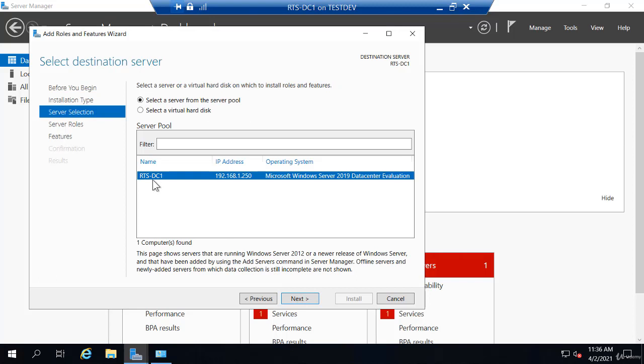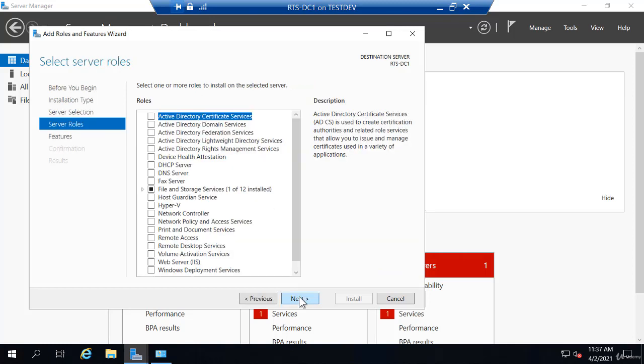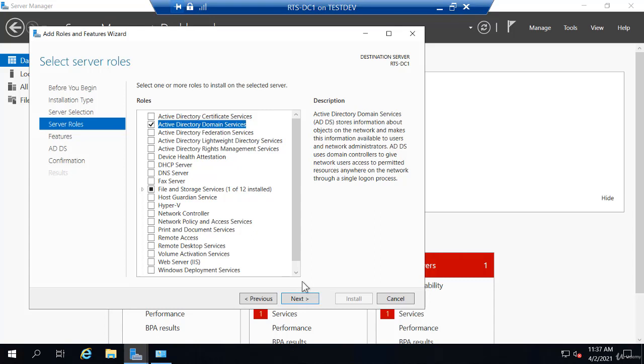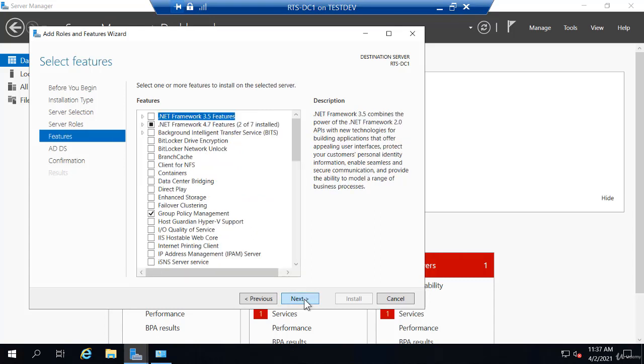This is my computer, RTS-DC1. This is the static IP address, 192.168.1.250. We'll click Next for that. For server roles, Active Directory Domain Services is the role I want, so I'll just select that. In this pop-up, it tells us it's going to install Group Policy Management and some other Active Directory tools. Just click Add Features and those will be added in. I'll click Next. On the features, we have no features that we're going to select, so we'll click Next past